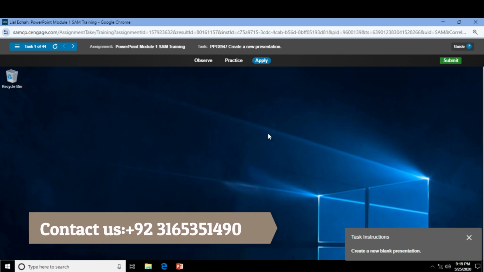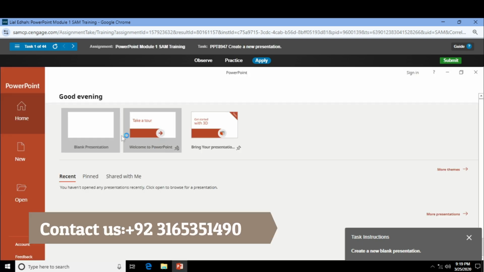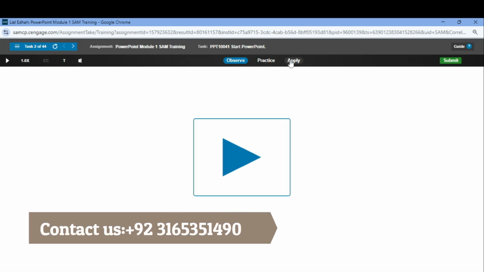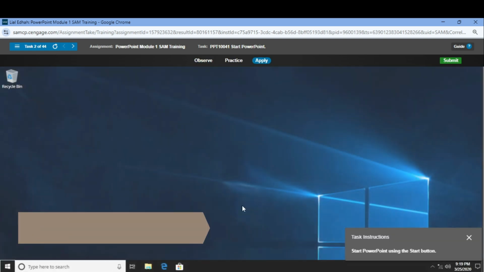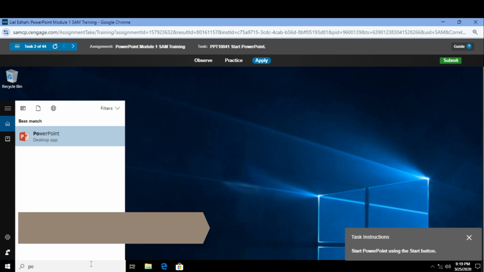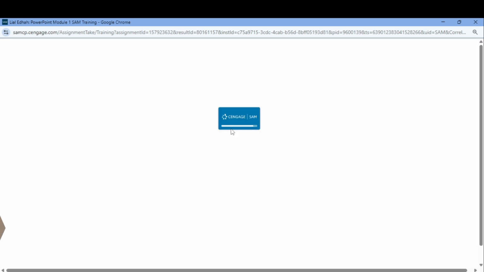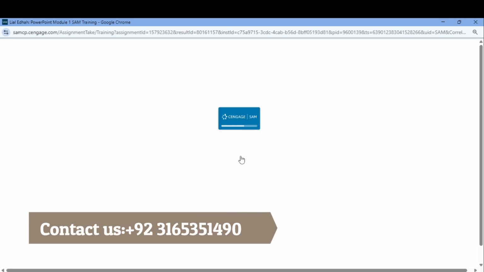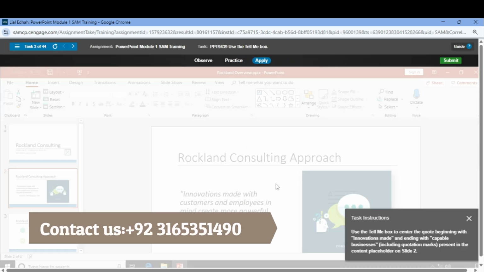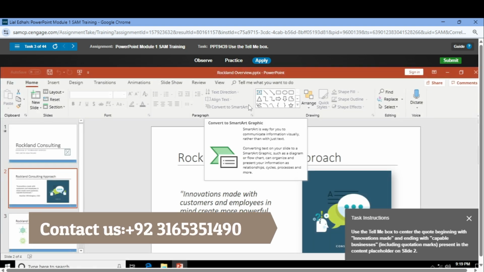So in first step it says create a new blank presentation. So in second step it says start PowerPoint using start button. Then in next step it says use the tell me box to create the quote beginning with